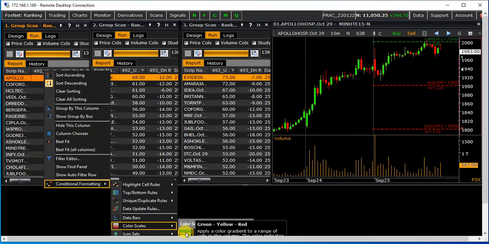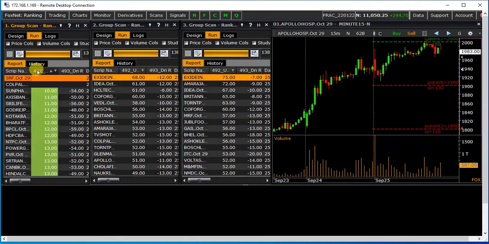Suppose I choose this. So I have applied the color setting. Now you can see this is like a heat map.